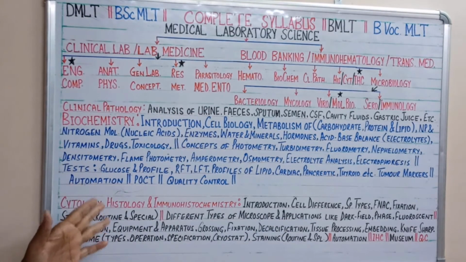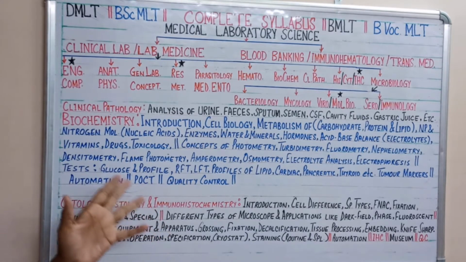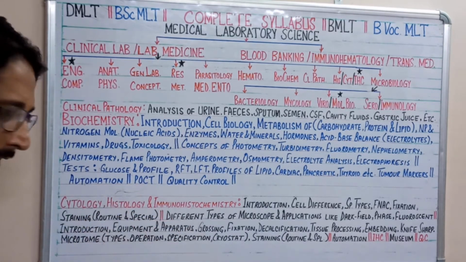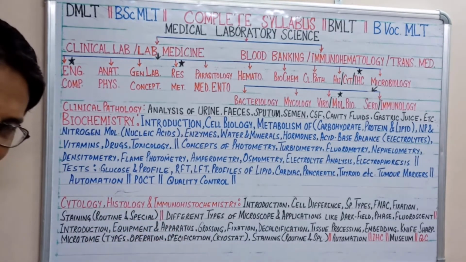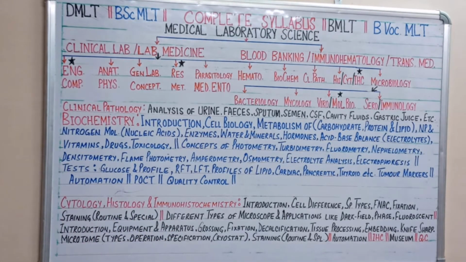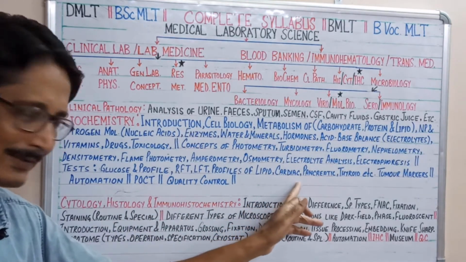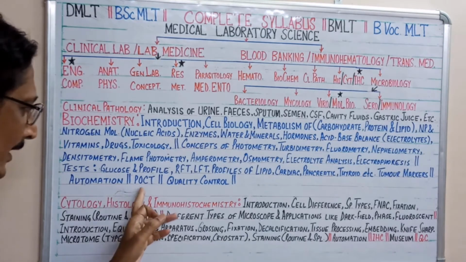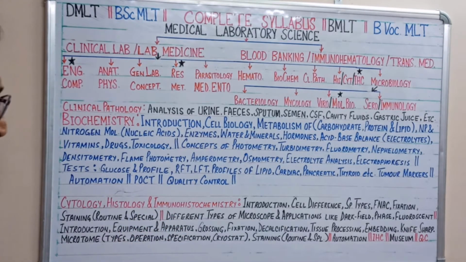So automation is very important in the biochemistry chapter, because every 5 years biochemical automation is advancing in a very rapid manner. POCT means point of care testing, that is the bedside test of a patient, especially for cardiac arrest patients. Those are the POCT bedside machines. A rapid diagnosis of the cardiac markers is done there.